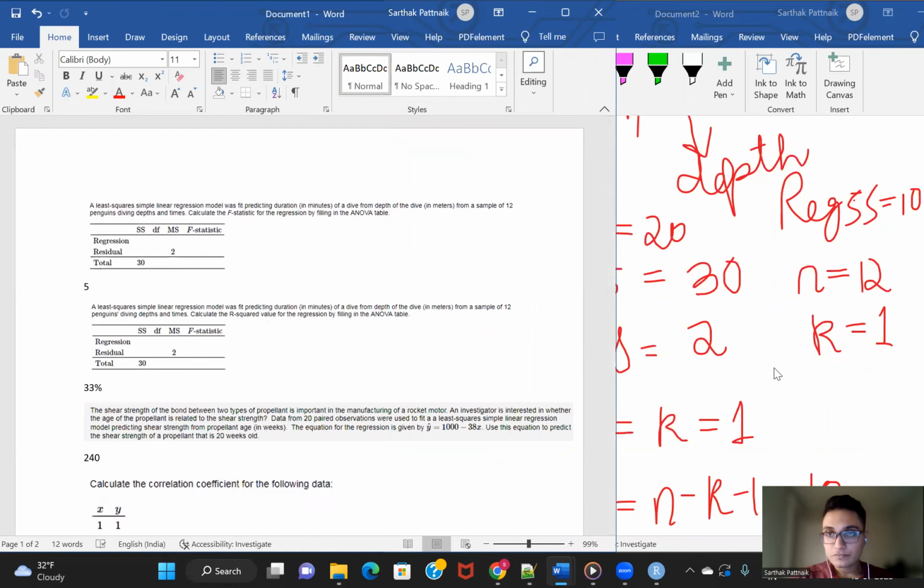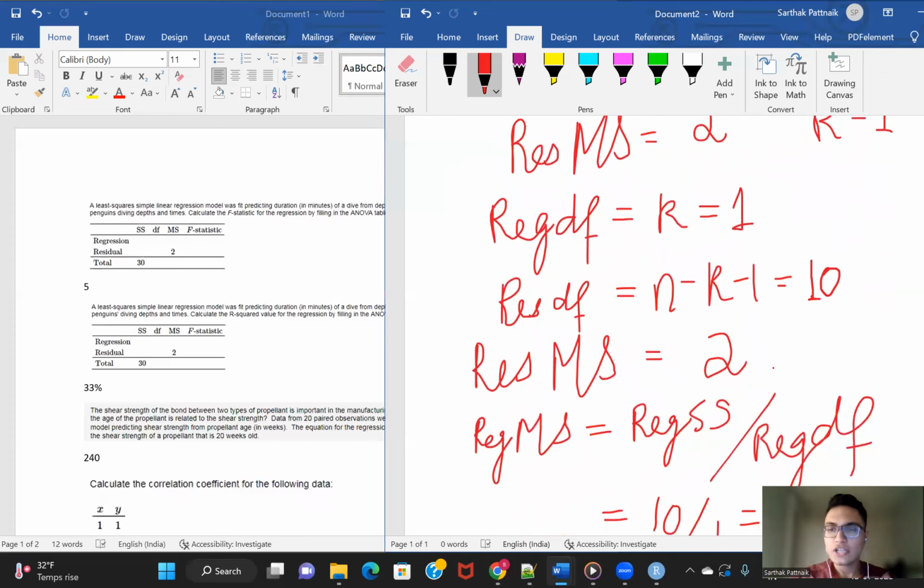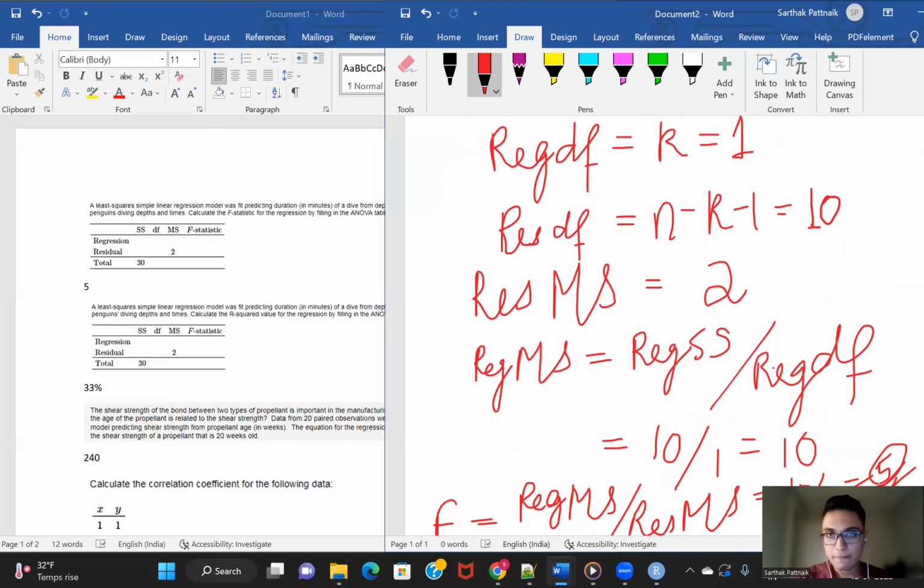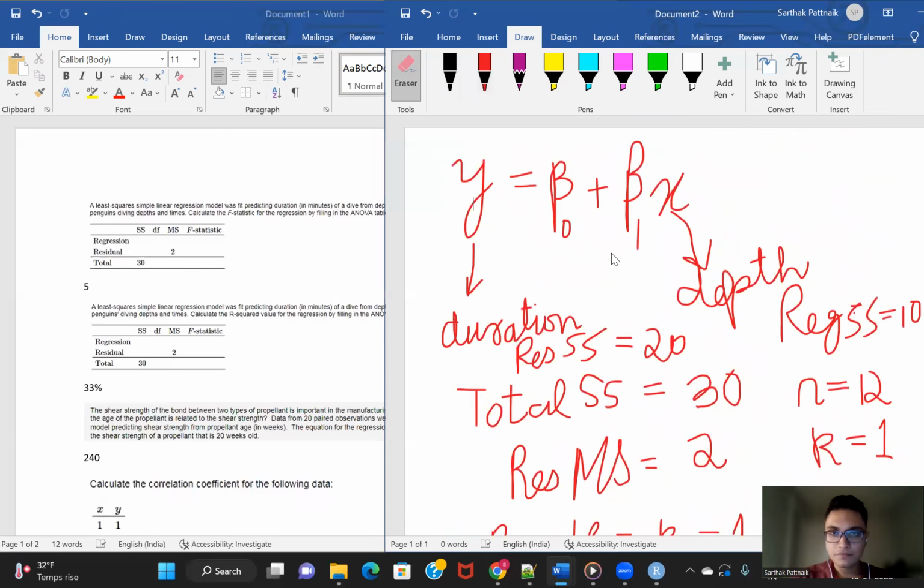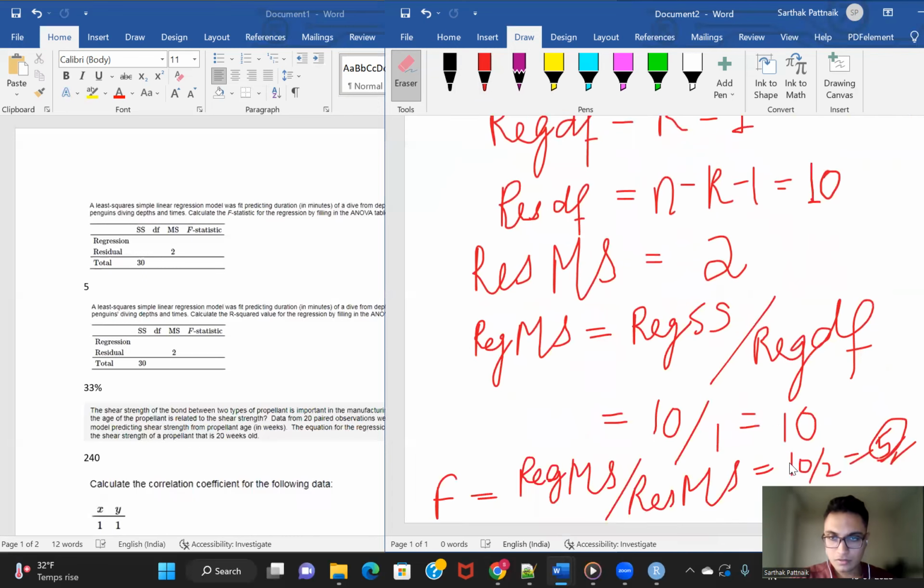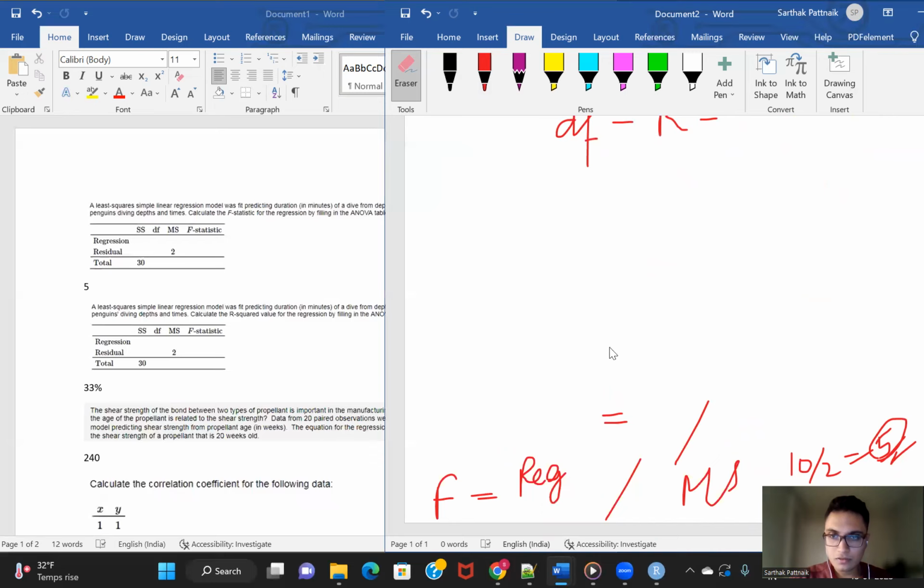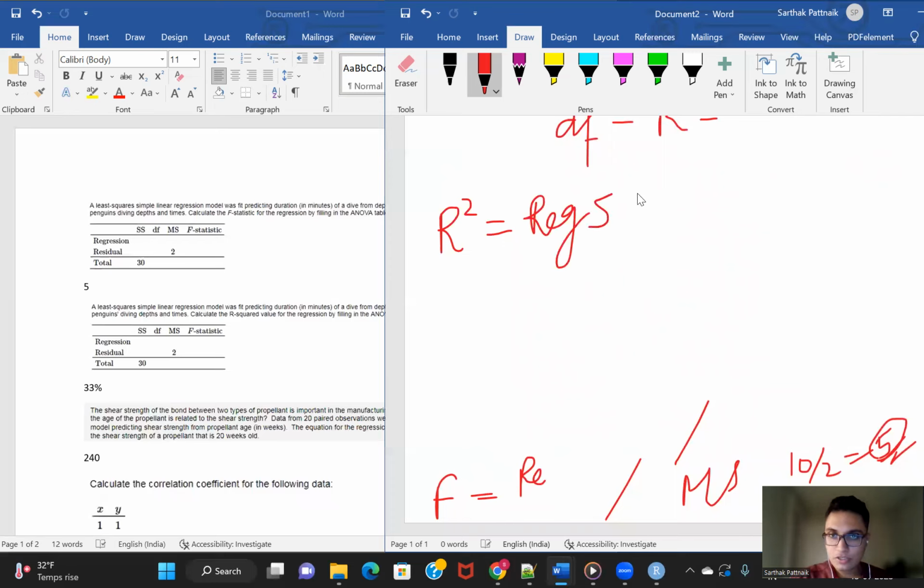So how do we calculate R squared in case of a simple linear regression, or in general for linear regression? How do we calculate R squared? If you remember, the value of R squared is given by sum of squares of regression divided by